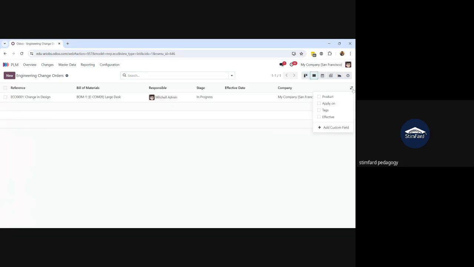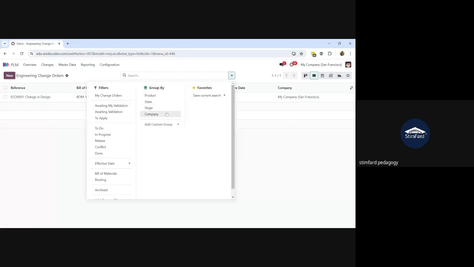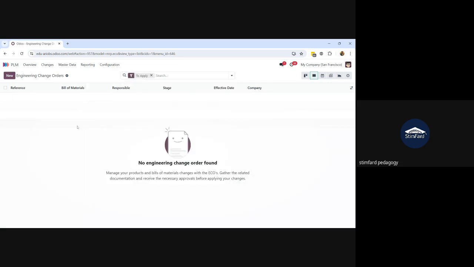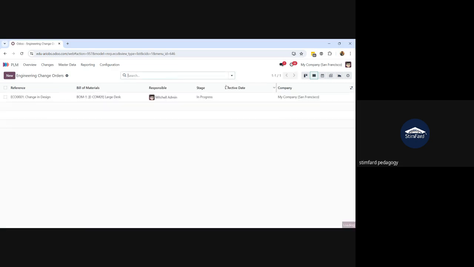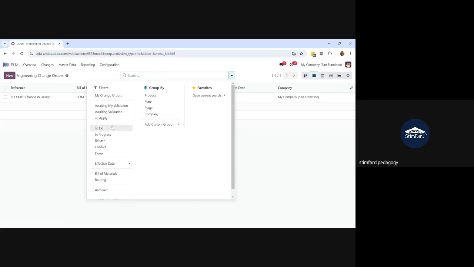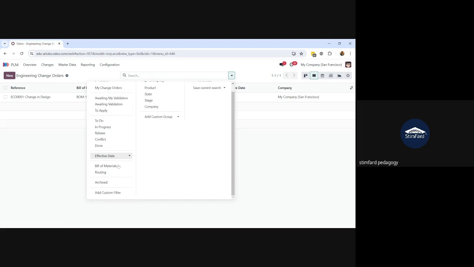So if I go to product and group it by, you can see here awaiting validation, awaiting my validation. To apply means entries that are validated and need to be applied. Currently there is no entry to apply. You can also do multiple filters here. And if I go to add custom,